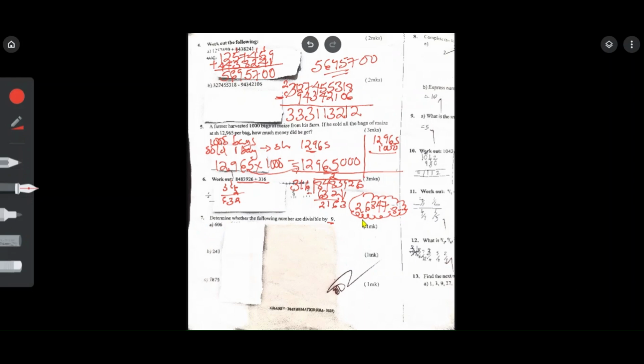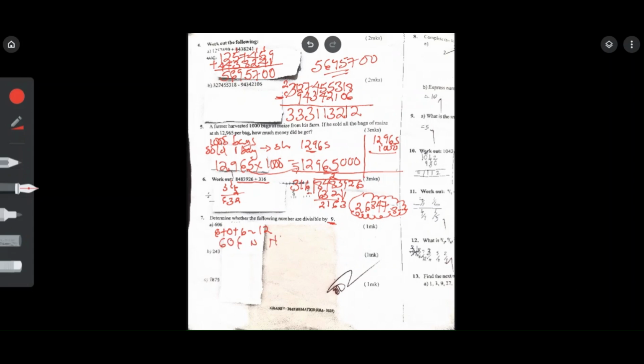The divisibility test for 9 is that if the sum of the digits of the number gives you a number that is divisible by 9 or a multiple of 9, then it is divisible. So I will try and add. I'll take 6 plus 0 plus 6, which gives me 12. Is 12 divisible by 9? No. Therefore,